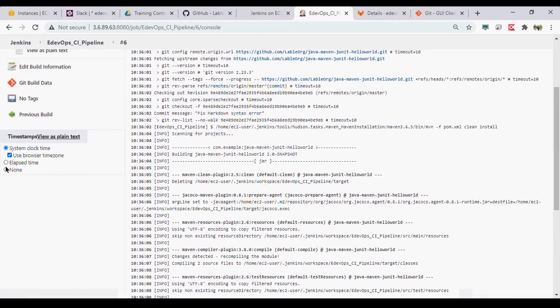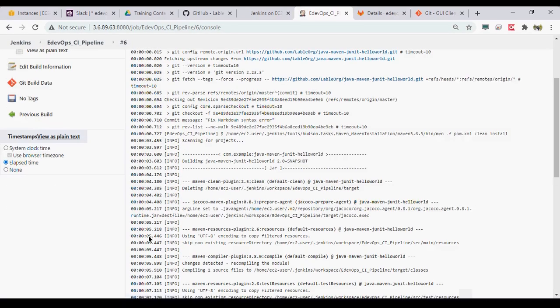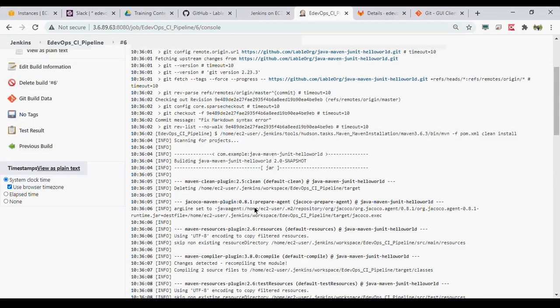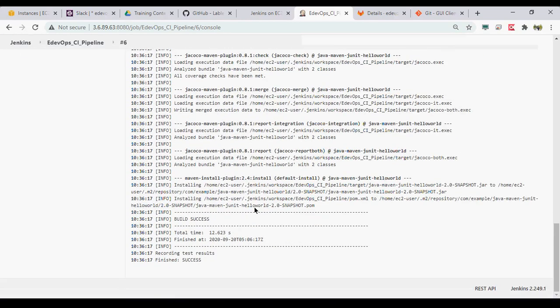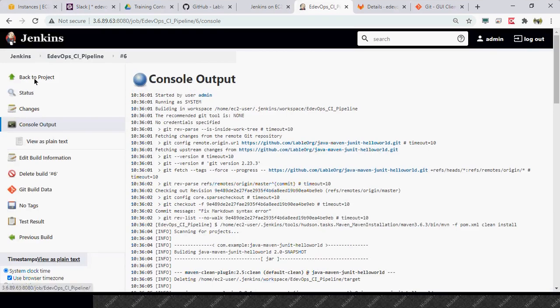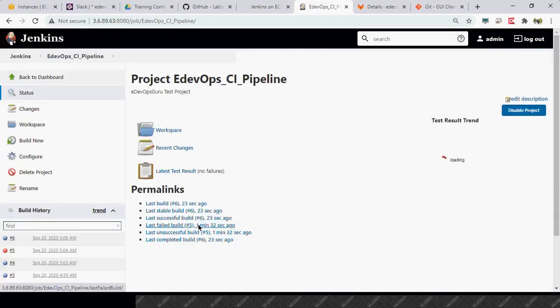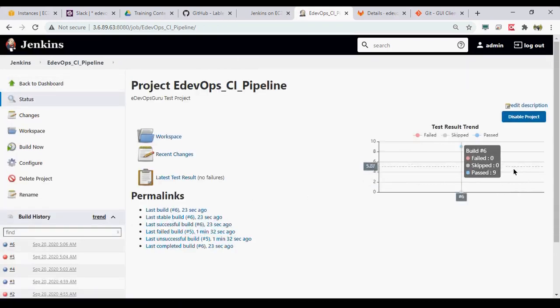Regarding this timestamp, you can also choose multiple options. So we will just use the system clock time. Okay, now it is successful. Now we just go to the project. Now here you see the chart has been prepared. For build number 6, you had 9 test cases passed, 0 failed, 0 skipped.